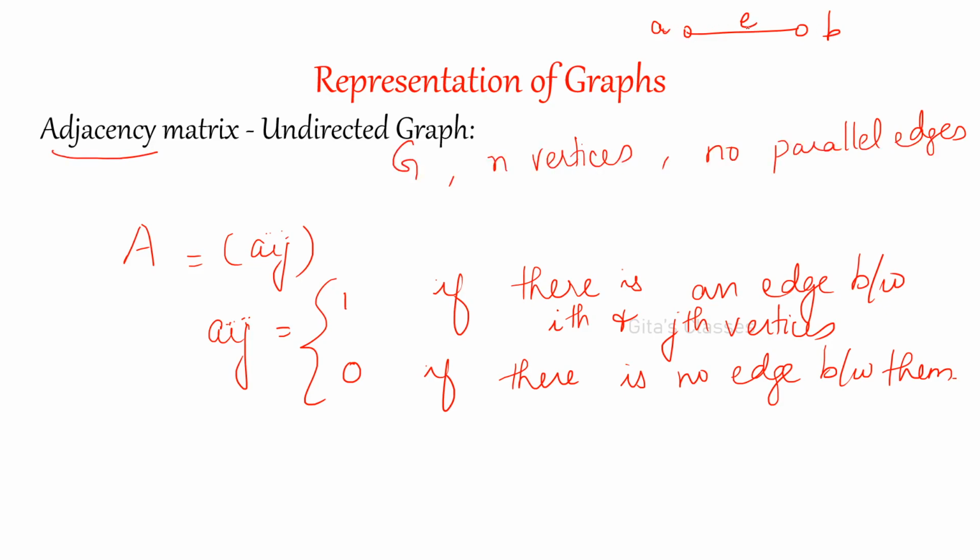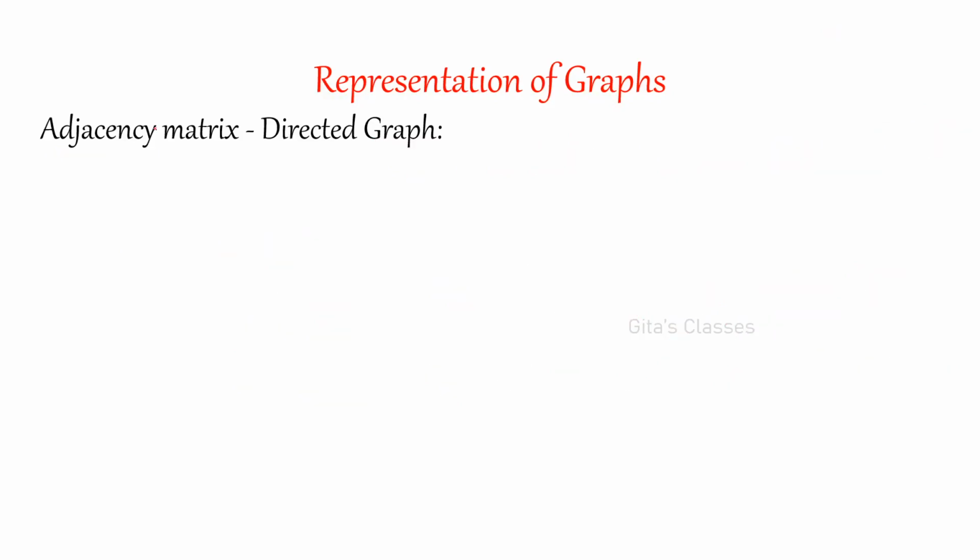Okay. And E is an edge. It is incident with the vertex A. The edge E is incident with the vertex B. Please remember, A and B are two vertices. If you are talking about the vertices, they are adjacent. E is an edge; it is incident with the vertex A and incident with the vertex B. So now we are talking about the adjacency matrix, so we have to define it for the vertices.